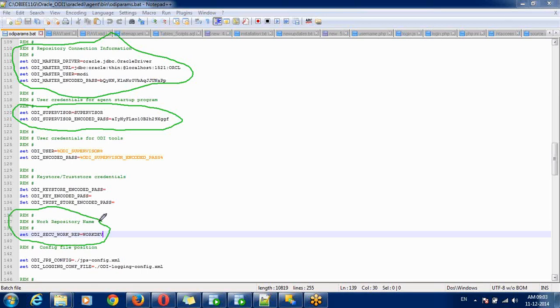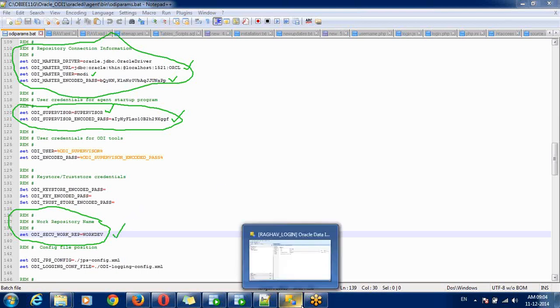So these are the three details we need to change. One is the master repository database driver, database username and password, which should be encoded. Your supervisor user password should be encoded. And you need to provide your work repository name. So these are the three details we need to change.